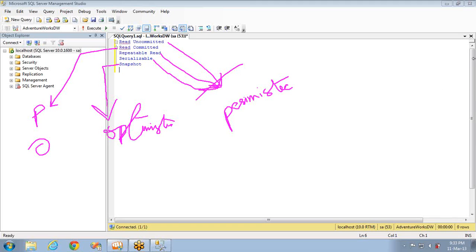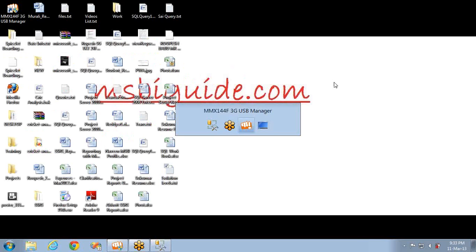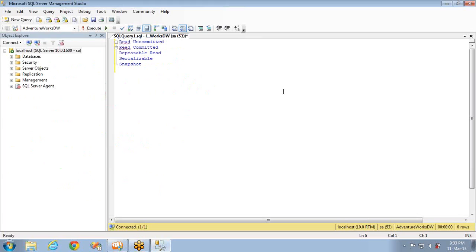And let's see them one by one. Let's start with read uncommitted and see what a particular isolation level means and how to apply the same in your SQL queries. Let me take this pen out. Okay. Now let's start with the first one, that is read uncommitted.